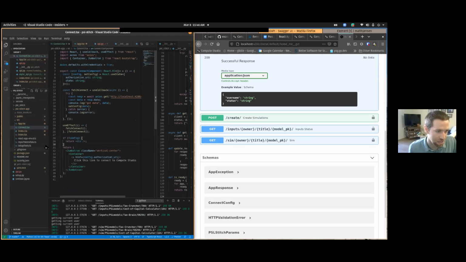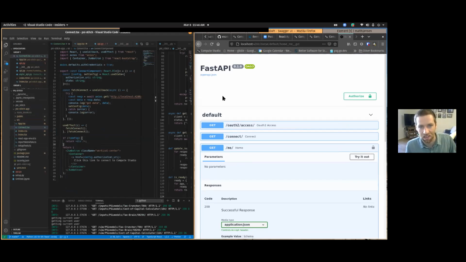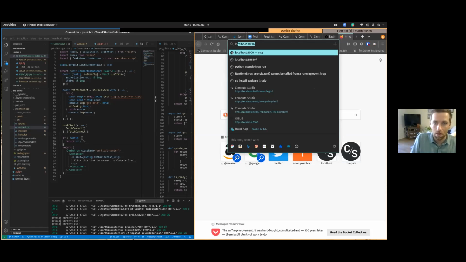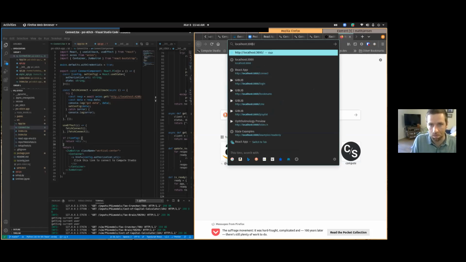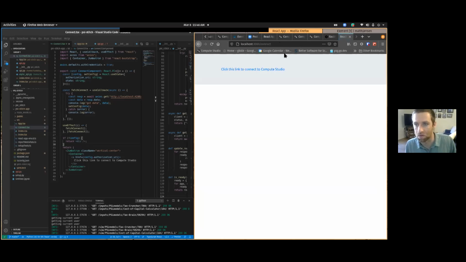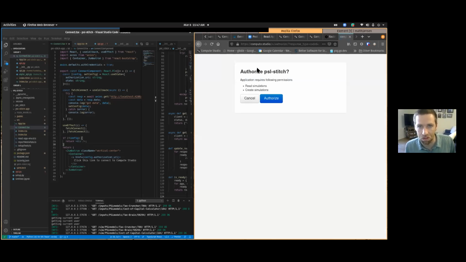So you have a front end with React, a back end with our REST API. And then one of the things that I added over the weekend is authentication with Compute Studio. And so what's going on here is this is just the React app that's running locally, and I can click this link and it'll take me to Compute Studio. It's very bare bones right now. I just put it together to make this demo work. As I said, I did all this work in the past 48 hours,